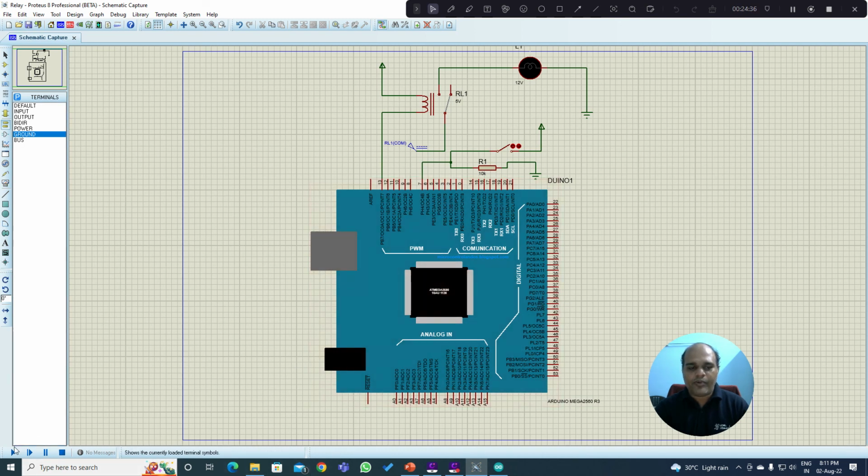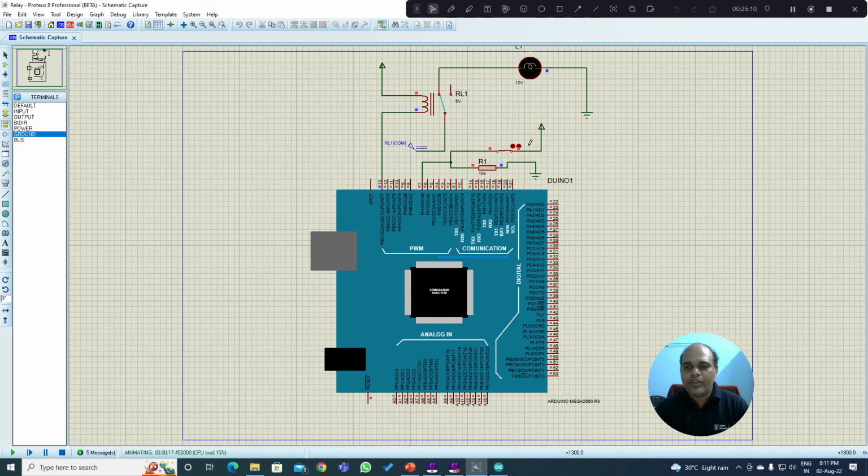Let us execute the program and see whether it is working properly or not. When I press it, right now the bulb is in off state. If I close the switch, you can see now the bulb is glowing. When I press the switch, this pin is in logic high. Red indicates logic high. And you can see pin number 13 is at logic low. So the logic low excites the coil, thereby the 12 volt power supply gets connected to your bulb,